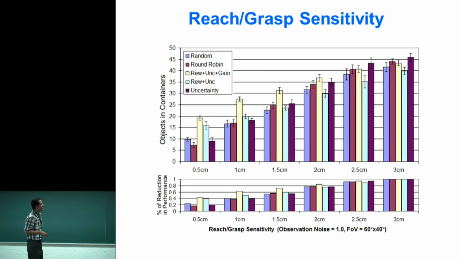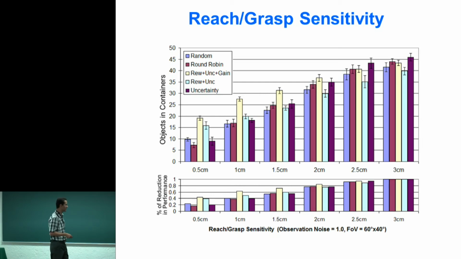So here we can see that we decrease, this is a very sensitive grasp. This means that it doesn't have enough room to fail. So this means here 3 centimeters. That means that if the object is 3 centimeters away from the hand, it still grasps the object. So that's not a very real approximation of a real situation. The better situation is this one, something like this.